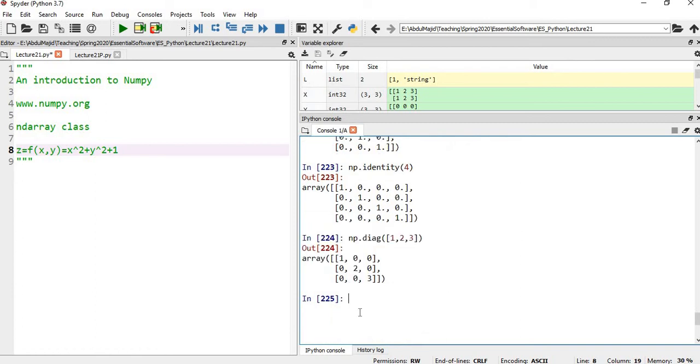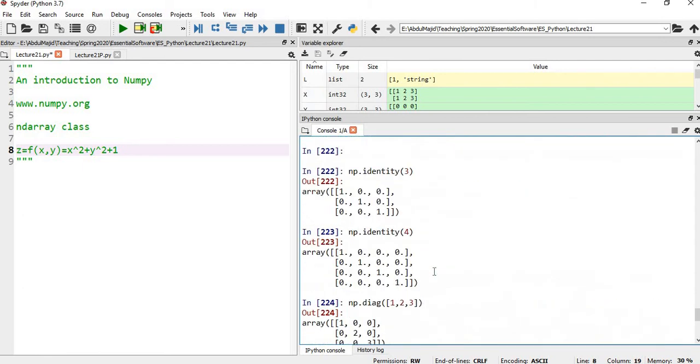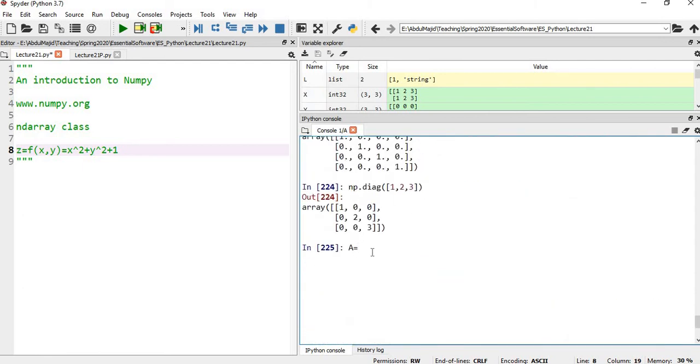Now let's discuss how we can retrieve or call different values from an array that are at different positions using indexing. And you may also slice different parts of the arrays for different purposes. So let's define an array, A is equal to, you may define an array in any way. You can always list values in an array, or you can generate an array using the linspace function that we used before. For example, let's generate an array np.linspace